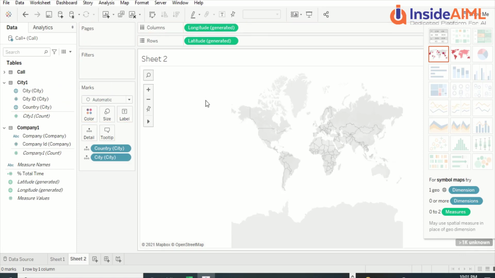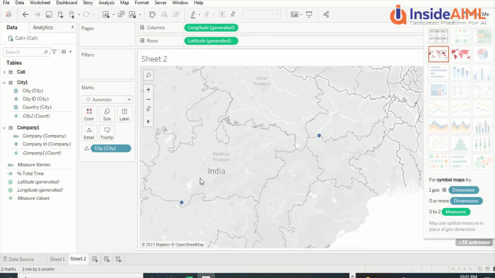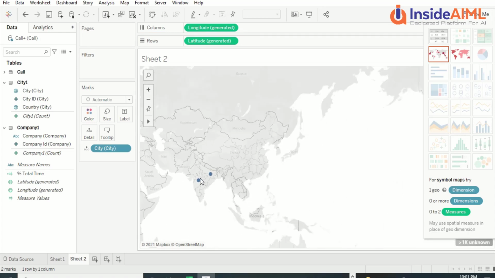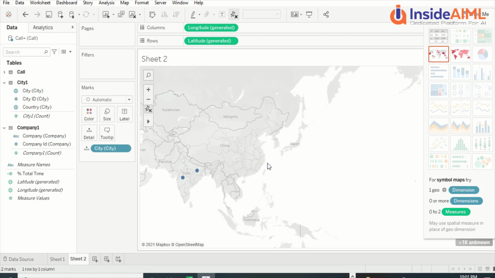Let's drag the city out here, and does it make any difference? Let me remove. Now there are greater than 1k unknowns. There are only 2 known values, so it requires a lot of cleanup in these values if you want to use it. So we are not going to enter into that one. Next time when we come back, we'll show how we can correct it. So these are various things which you can do around here.